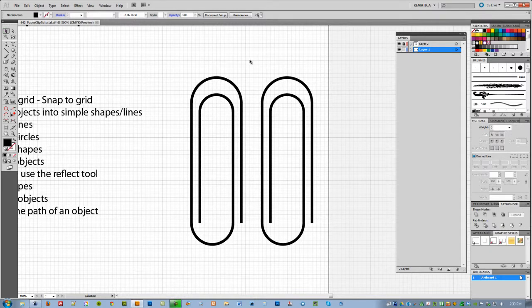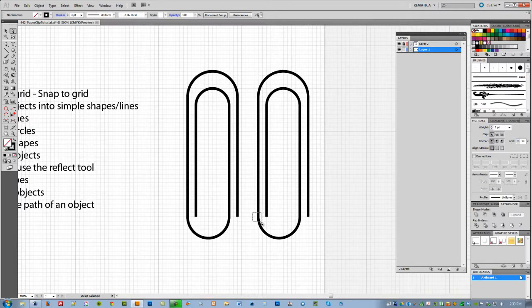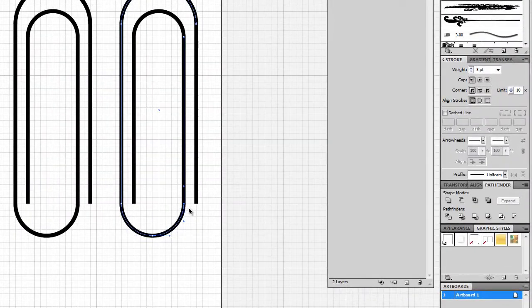As you can see, if I highlight all these things, every single one of these little squares is an anchor point. It shows me where the stroke starts and where it ends. So what I want to do is click on the Direct Selection tool, and in this case, we're going to click right here where this piece joins with this line, and then if you press Control J, that joins it. That's the command to join that piece. And again, we need to do it right there. Control J, and right here, Control J,